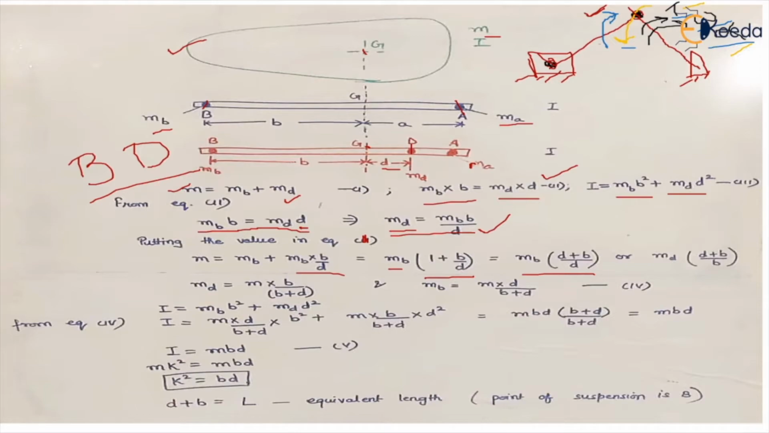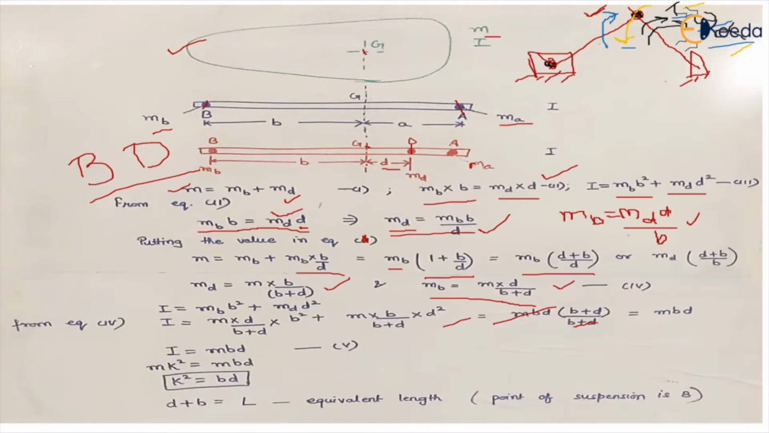Now the same thing can be done from equation 2. We can also write the equation for mb. So mb becomes md into d upon b. And if we place this in equation number 1, it becomes mb is equal to m into d upon (b plus d). And if we place the values of this md and mb in the third equation, which is the equation for moment of inertia, the equation becomes this, where mbd becomes common, and we get I, moment of inertia, is